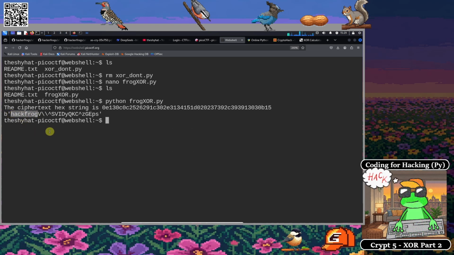Because remember, if you have A, the plain text, well, partial plain text, and you have C, the ciphertext, if you XOR those two together, you should get B, which is the key. So in this case, hackfrog is the key. So what we can do is we can reverse this by supplying the key that we got, by supplying the partial